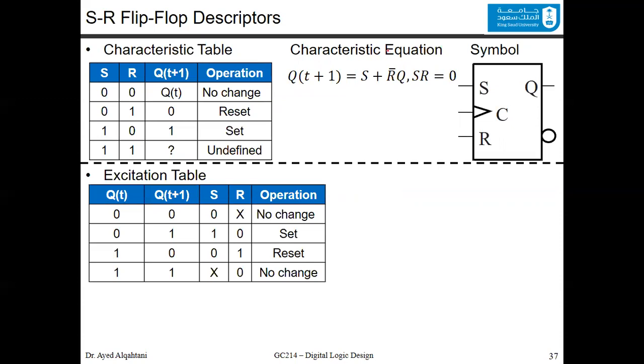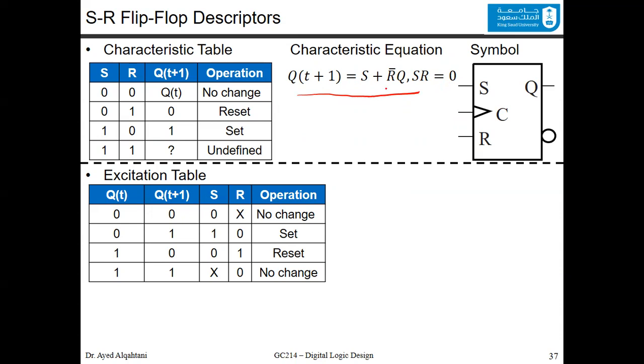Now, the characteristic equation for the SR latch is written in a different way than the normal way that we use with the truth table, where you find the ones and try to find the combination of the inputs. You understand it this way: the next state is going to be 1 when you are setting, or it would be Q if you are not resetting. And to get rid of the forbidden case, you would say if S is equal to 1 and R is equal to 1, then the next state is going to be 0. This is the way you write the characteristic equation for the SR